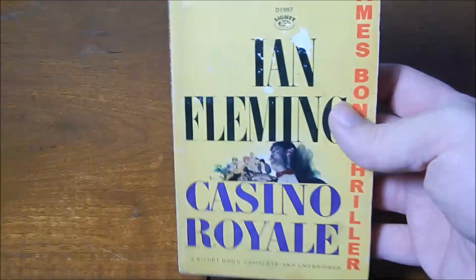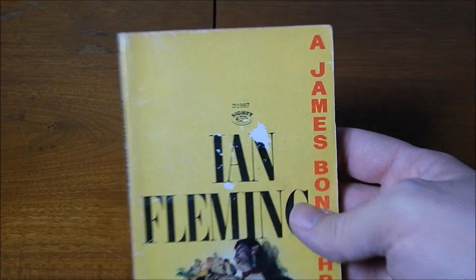I've been promising to show you my James Bond book collection. I figured I'd celebrate the release of Spectre by talking about all my James Bond books, but I really got to start with the Fleming material. So I've got a lot of the old Signet books. Some of them are pretty beat up, but of course, you got to start with Casino Royale,